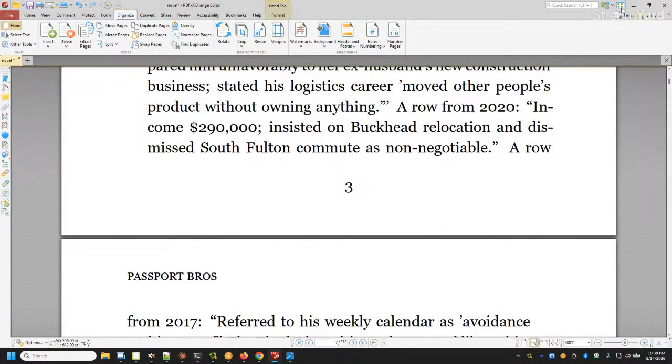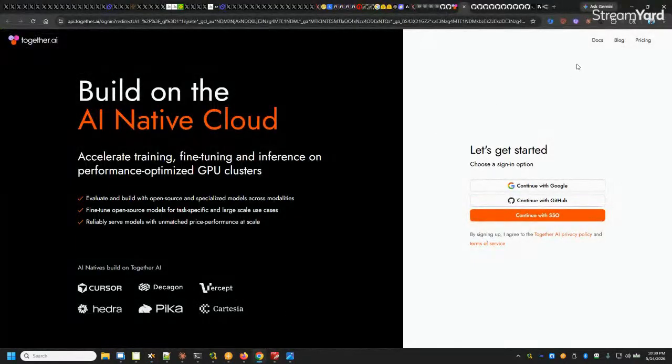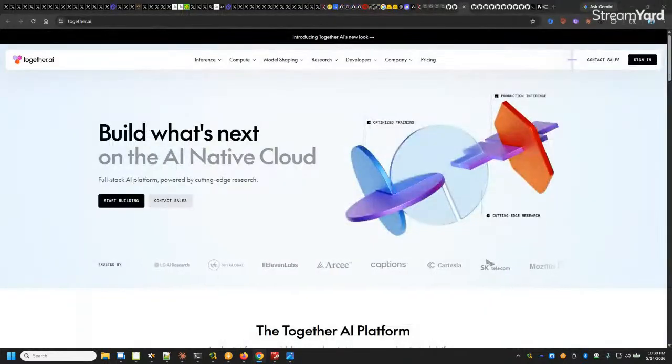And this is created from the Auto Novel project, which is free and open source on GitHub. You can use any model on it. You will need to have an agent make edits to use any model, because I have it using Pi, Kimmy K26 through Pi, and then of course I have Opus 47 as the orchestrator for Pi. I want to read it. Yeah, matter of fact, hold on. I want to read it too.